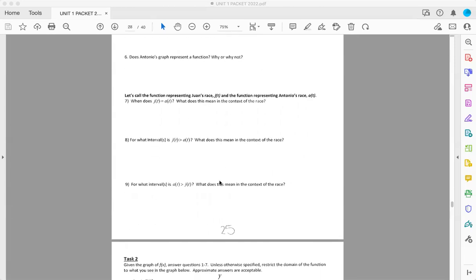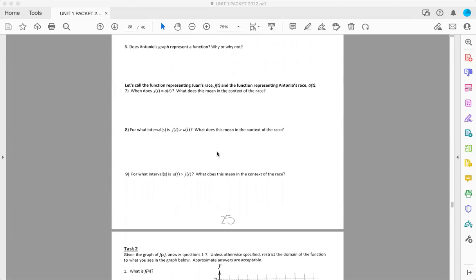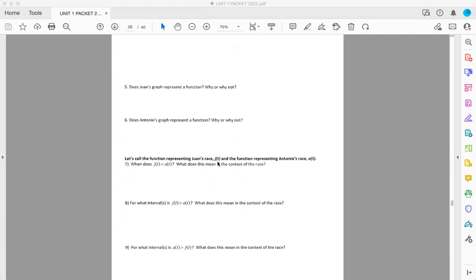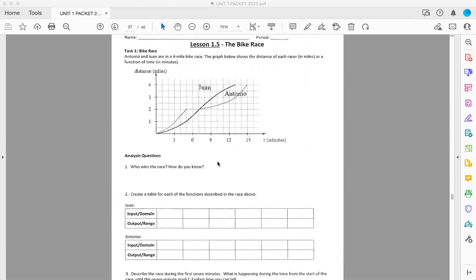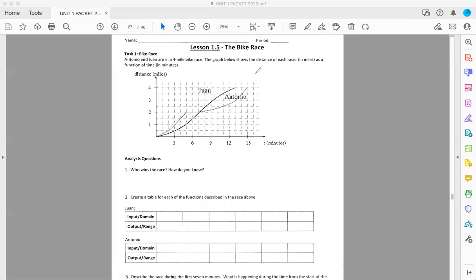Now number 9, same thing, for what intervals is J, okay, we didn't talk about interval. When is J of t greater? We said after 7. So it's better to do it in intervals for number 8. At what interval is J of t greater than A of t? We said from here and on, from 7 and on. Because they asked for an interval,